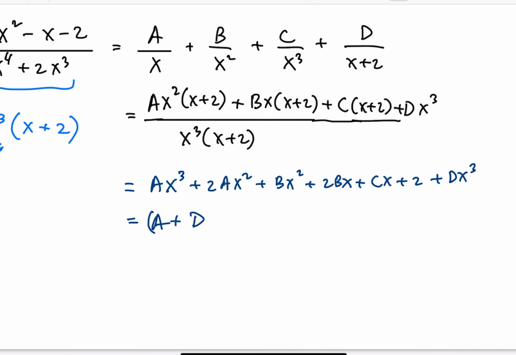A plus d x cubed plus 2a plus b for x squared, and then 2b plus c for x and plus 2. Okay, now we have